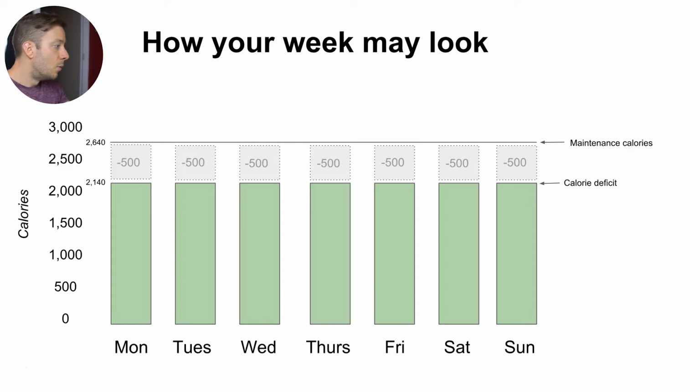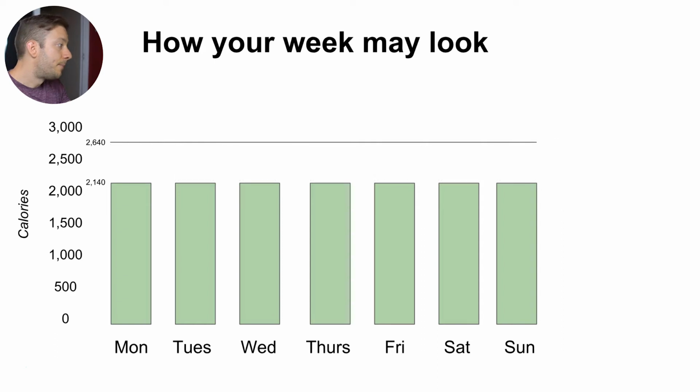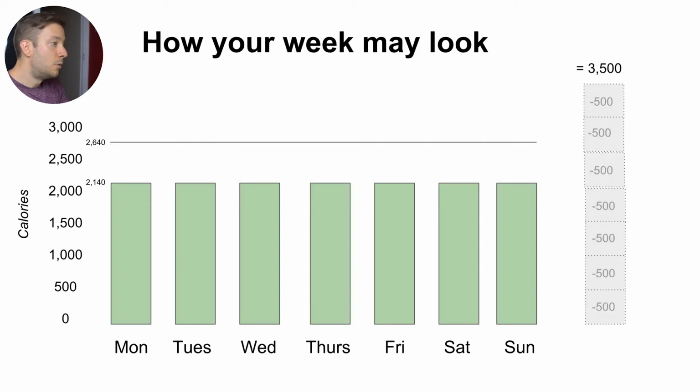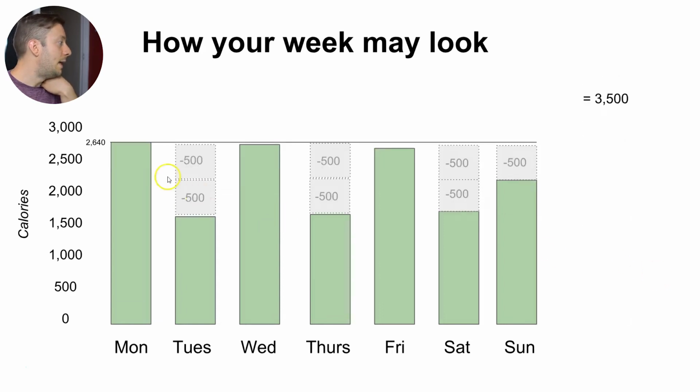Now that's a normal dieting way, sort of a linear method, so the same amount each day. You don't need to do it like that. So what you could do, we've got all the 500 calorie deficits, that's 7, one for each day of the week, and we could spread them out differently. So one day we could eat to her maintenance level, so how many calories her body needs, and not be in a deficit. But the next day you could do double, so you could put 500 and 500, and then Wednesday you could eat back to your maintenance need to not be losing fat, and then the next day double, and so on